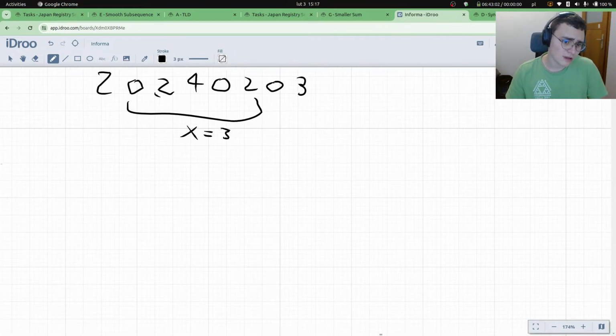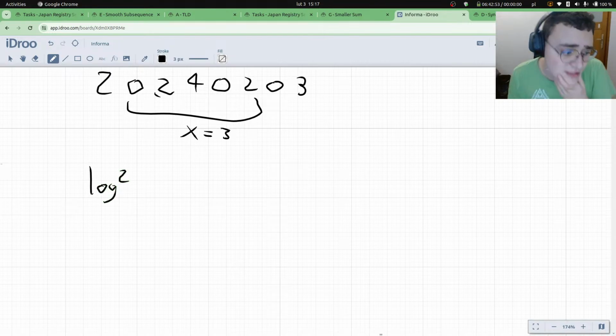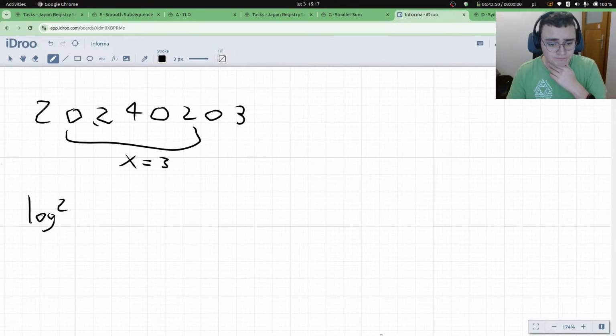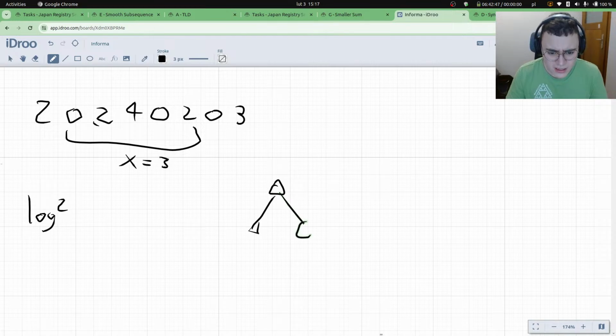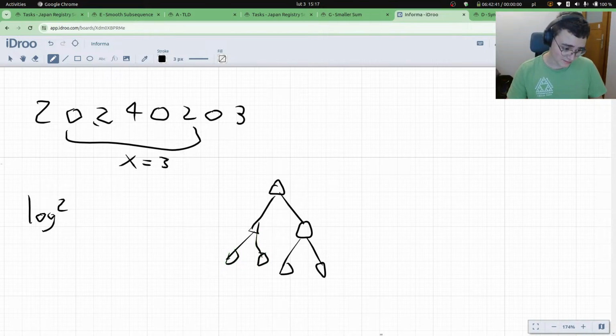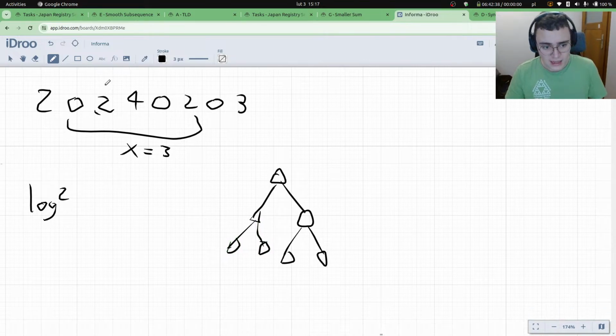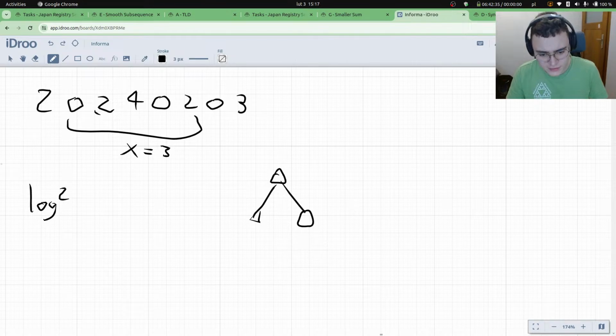So I will say my solution. It's in complexity log squared for every query. So we'll be doing segment tree once again. But right now, in every node of this segment tree, I will be keeping a sorted set. This will be a set of pairs. So let's say that I have my node of segment tree